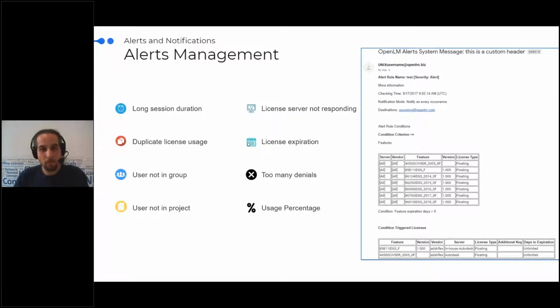Now, first of all, we'll discuss the alert management. We'll talk about each type of alert and we'll see how it can help you. For example, we have all the admin alerts, meaning you got too many denials, the license is about to expire, something is not responding. And you got all the alerts that are user-based, like user is not in a group, the user is using a duplicate license, a session is too long,